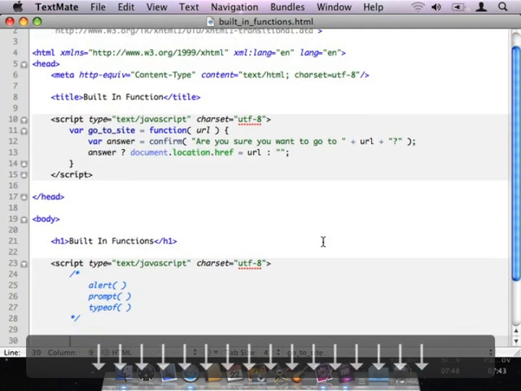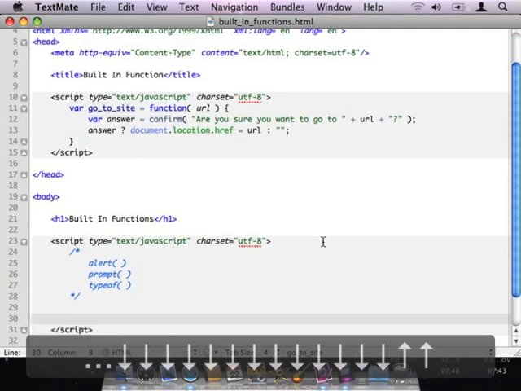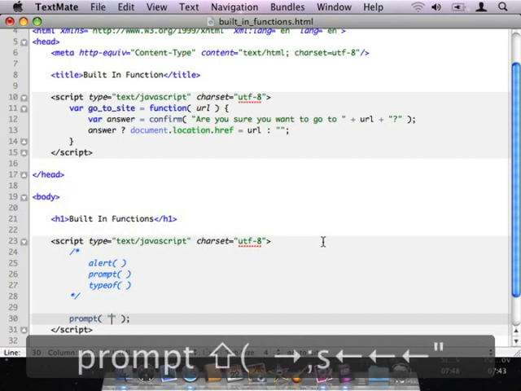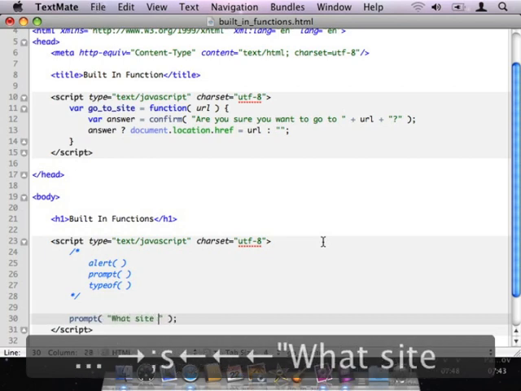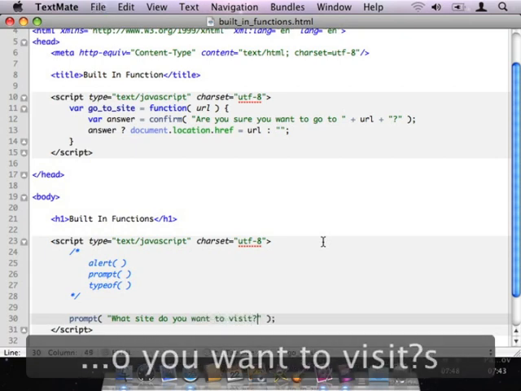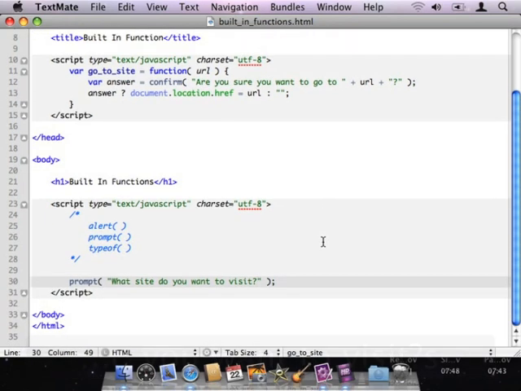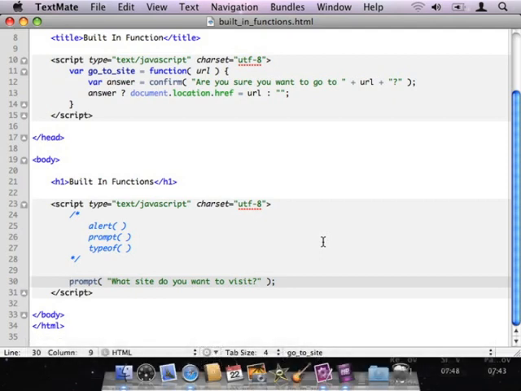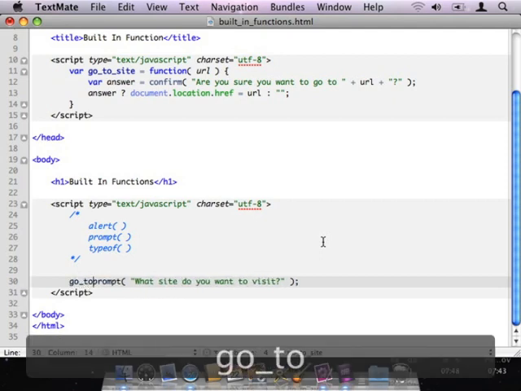So now let me come back down here to the body and let me prompt the user. Let's say, what site do you want to visit? Something along those lines. As we've seen from before, the prompt statement, of course, is going to pop up a dialog box. The user will have the option of typing in some value. Whatever value they type in is the value that the prompt will actually return. Well, what I'm going to do here, just to be fancy, is call my goToSite function,